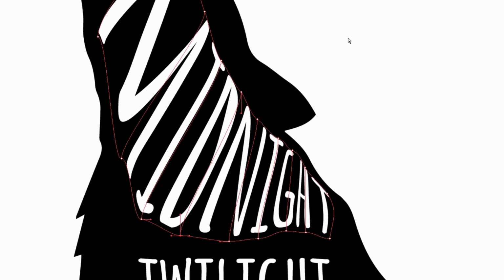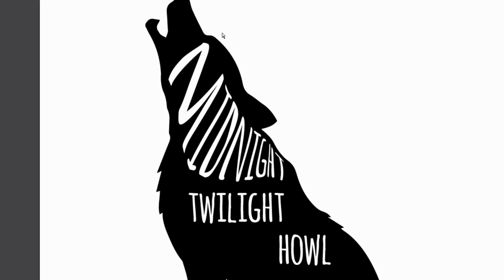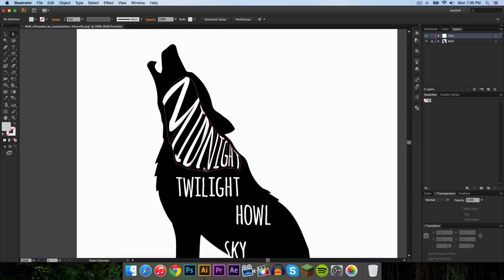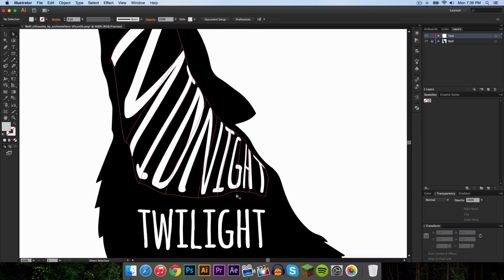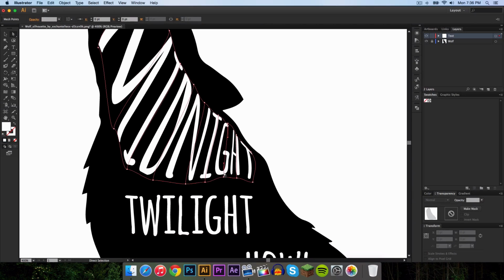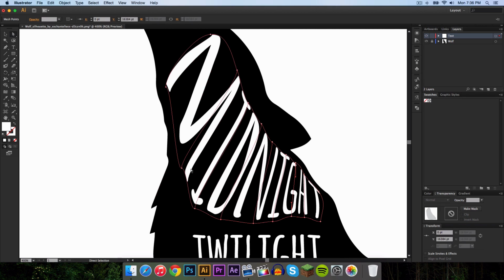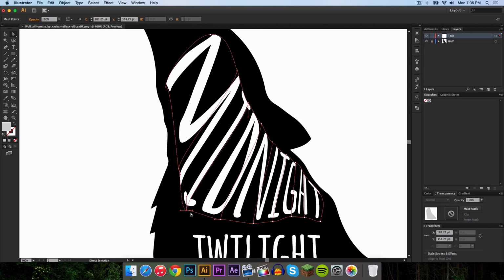So when you're modifying your text, you want to make sure that the primary words are bigger and the secondary words are smaller. Okay, so we have midnight, which is, I guess, a primary word. So I'm gonna go and select this anchor, and I'm gonna move the right handle down. So it looks a little bit like this, and then I move this over here.